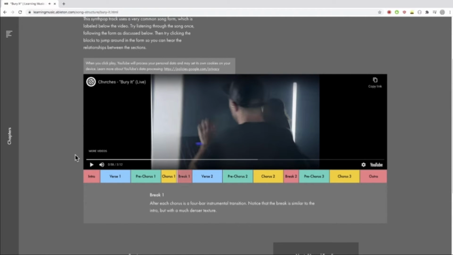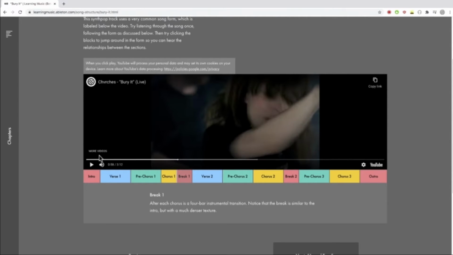Okay, so the chorus is the main part of your song. It's the part of the song that you want everyone to remember. So a good idea for your lyrics in the chorus is to keep it simple and make sure it's something that people can sing along with. Musically, what they've done is you notice how the melody is a bit higher, so it just has a little bit more impact, and it's designed to keep people remembering what it is and make it a little bit more exciting. So after that, we've got the break.